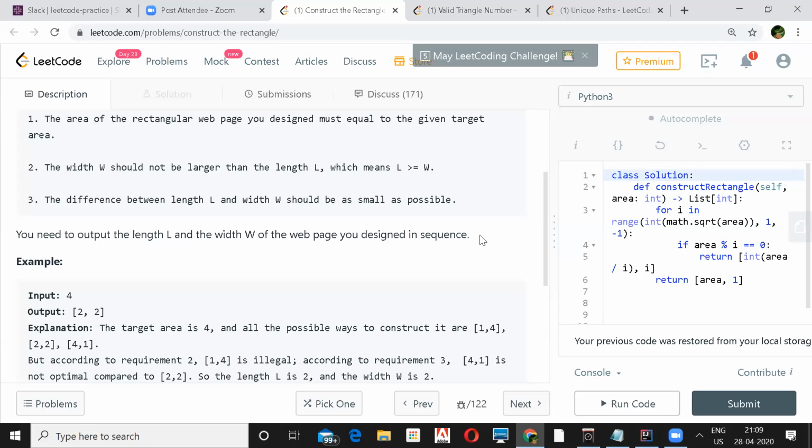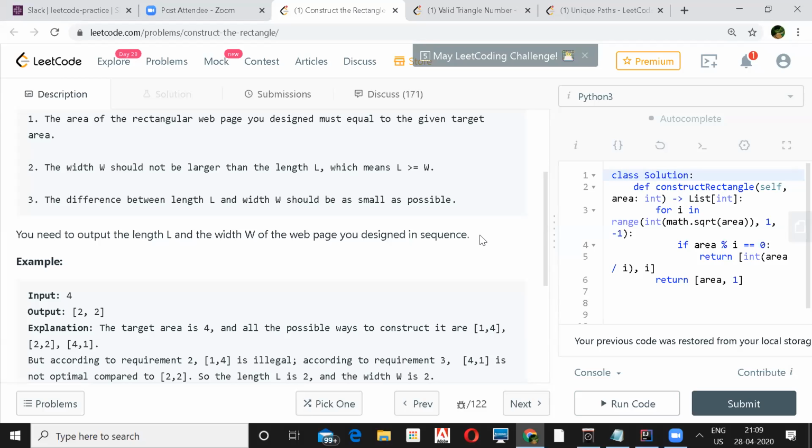If we are finding that minimum difference, then for factorization I push i and n by i into the vector, so that might not give the minimum difference directly, because first I have to push all the factors into the vector. So I want to know the approach, how to optimize this approach.